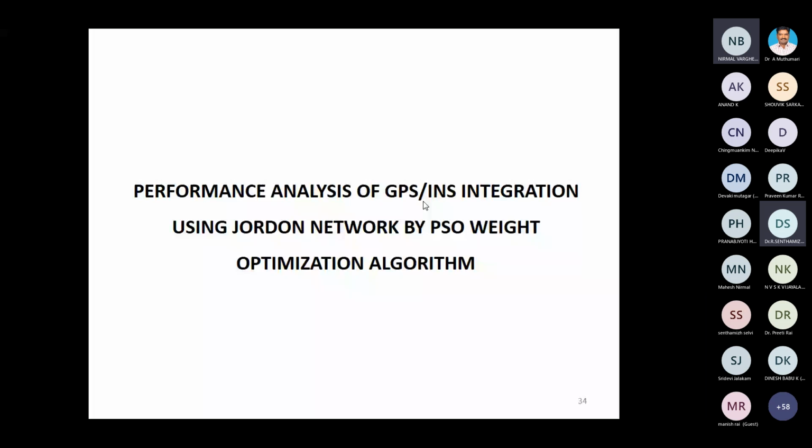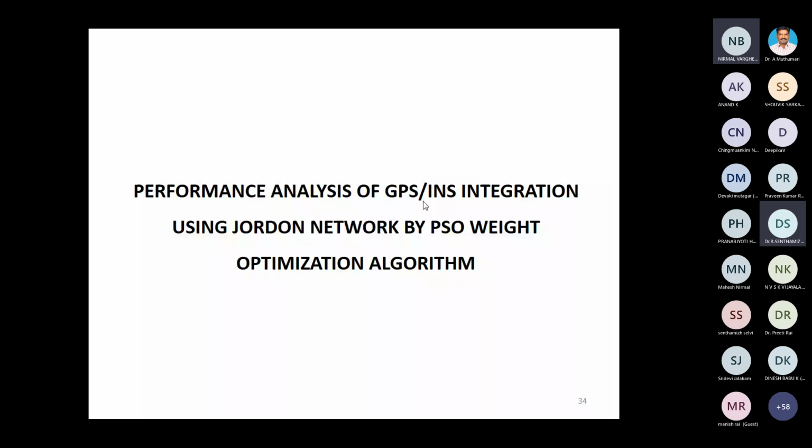So based on this local best and global best approach, taking the inputs from PSO, I'm going to use this algorithm as a training algorithm for my Jordan recurrent neural networks. And I want to compare the performance of the Jordan recurrent neural networks after implementing a PSO weight optimization algorithm with the already applied genetic algorithm based weight optimization. That is what is next in our presentation.